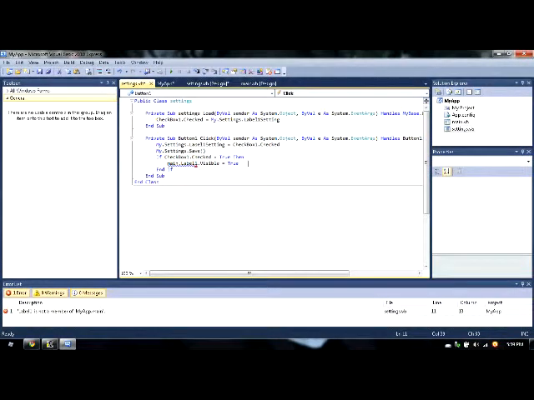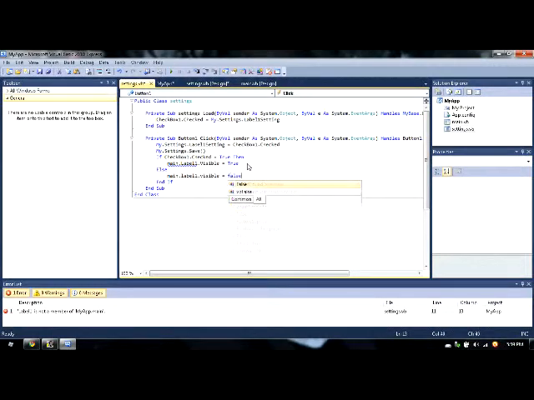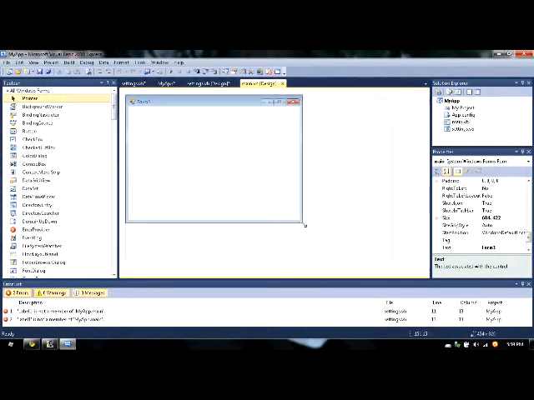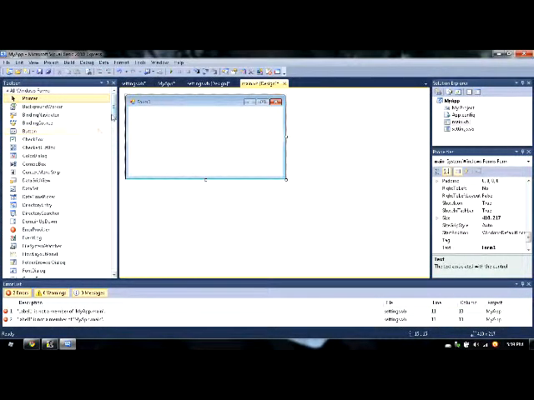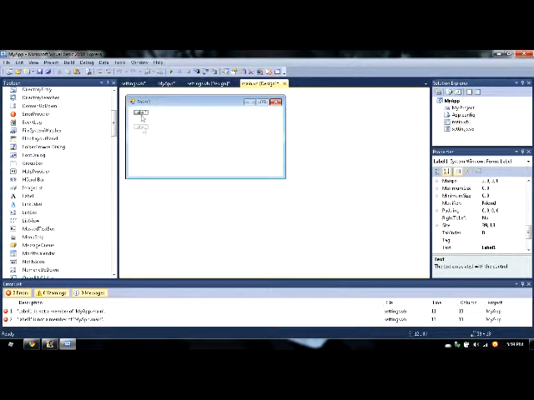Come back. Now we've got an error because I haven't created label 1 yet. Else main.label1.visible equals false. Okay, so now we've got that. We're going to go back to the main design, and I'm going to resize it so it's about that big. Now we're going to create a label, and we're going to write setting 1